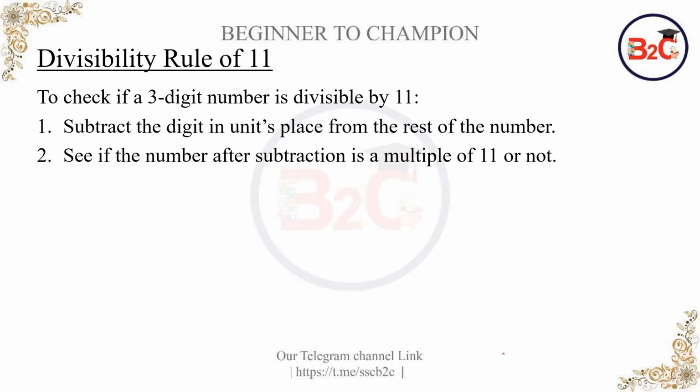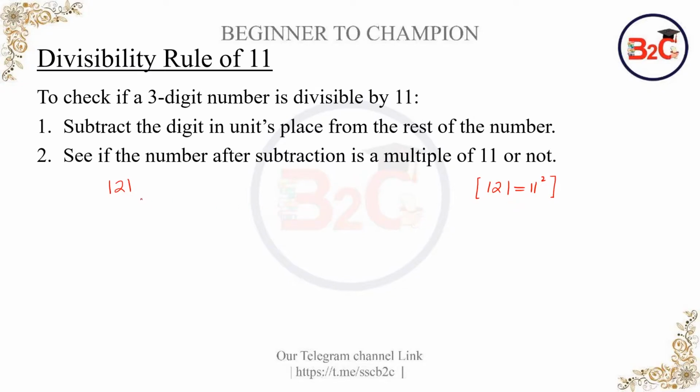We'll consider an example. We're going to take the number 121. So we already know that 121 is 11 square. So that means the number that we chose is already a multiple of 11. Let's keep this information on the side here so that we can verify whether our method is working.